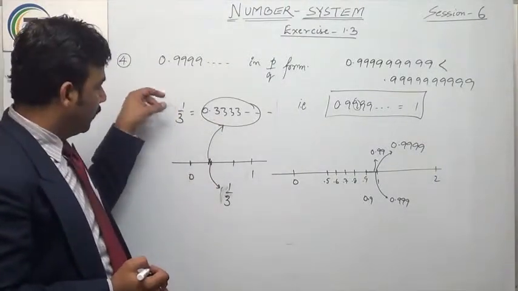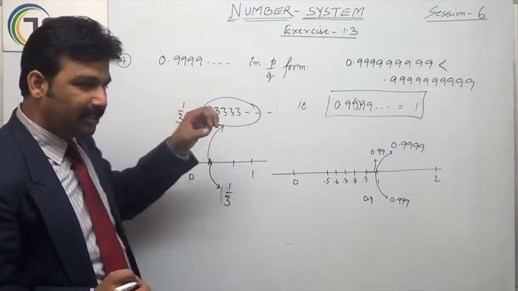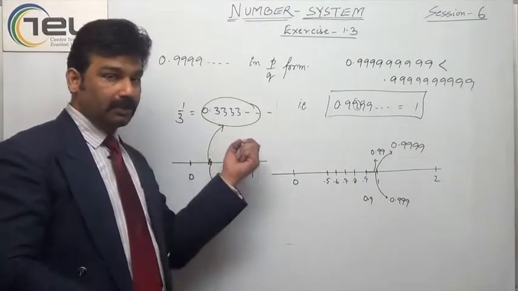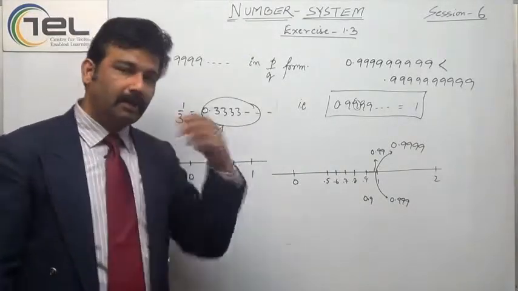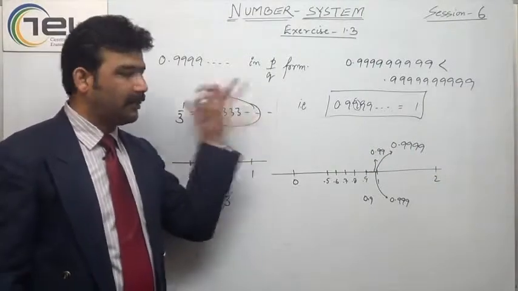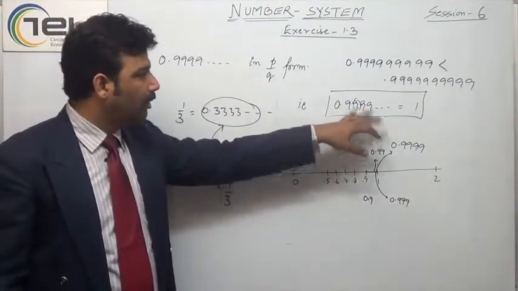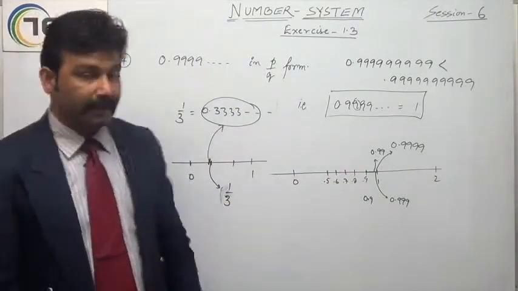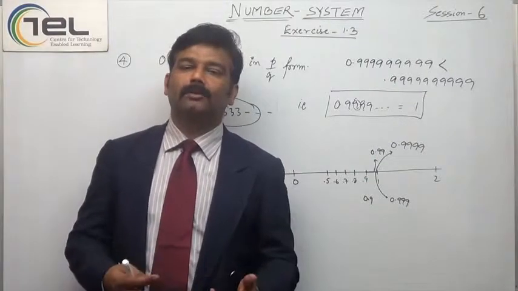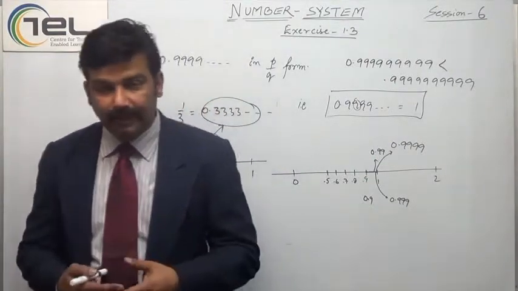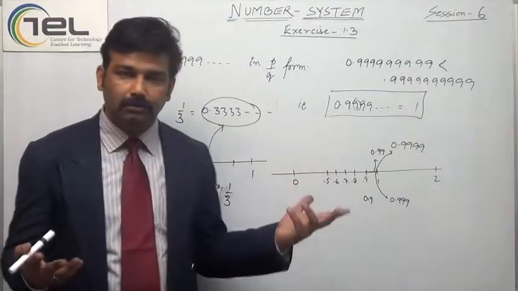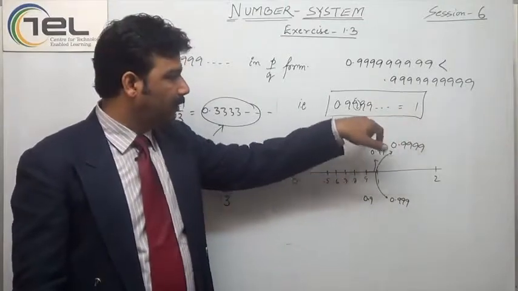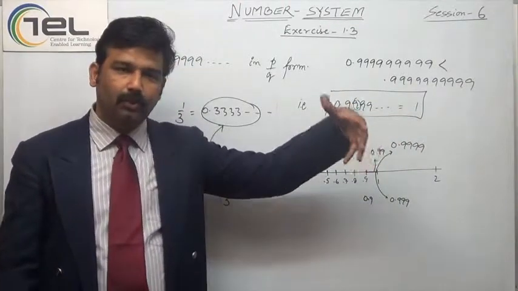This is something which is approximately equal to this. It is not exactly equal to this. Up to what number of decimal places I am taking depends on this. So this is how it gives me a surprise. It is very hard to digest these types of things. 0.9999 becomes 1, very surprisingly. How does it become that? Because it is very much closer to 1.